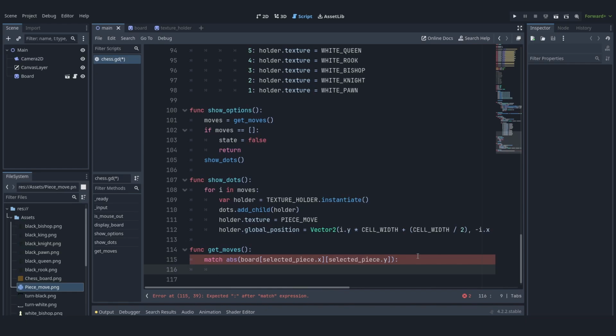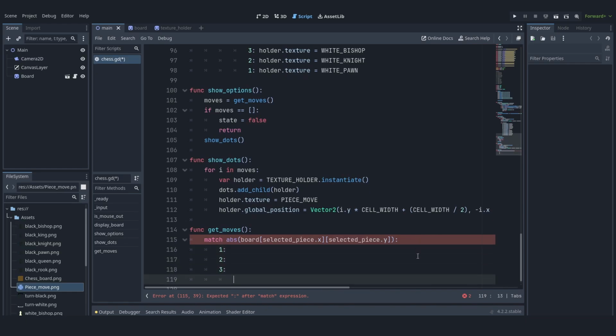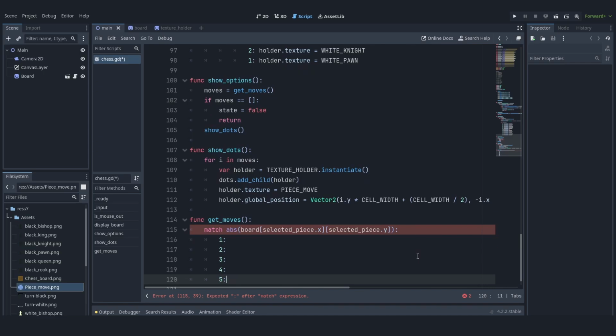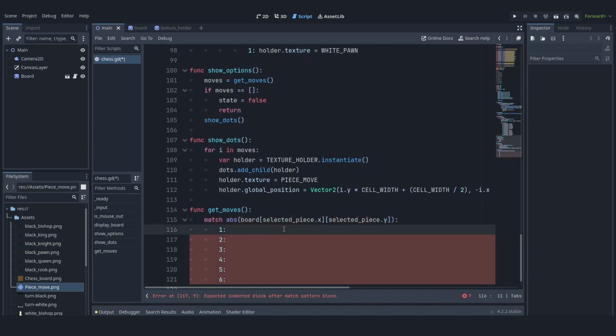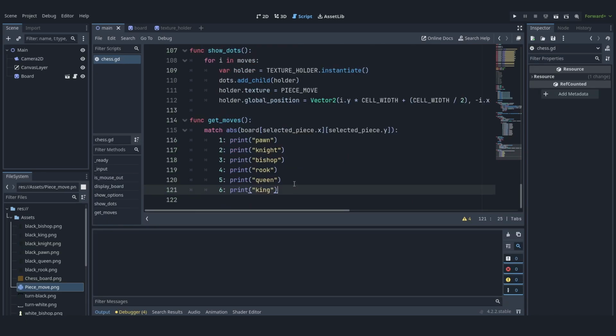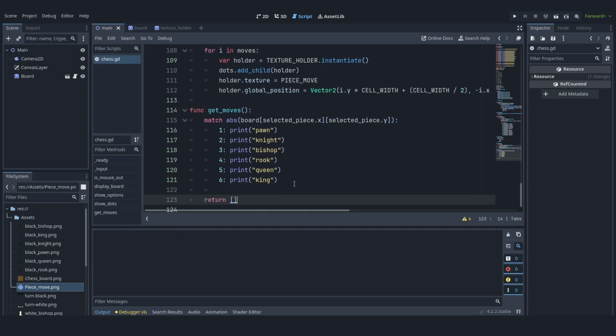Now a colon, and here is gonna be 1, 2, 3, 4, 5, and 6. So basically, let's print it: pawn, knight, bishop, rook, queen, and king, and here, after setting all of these prints, we are going to return an